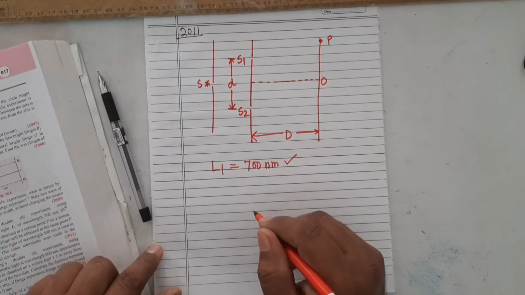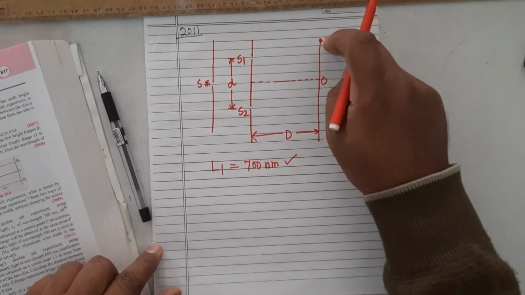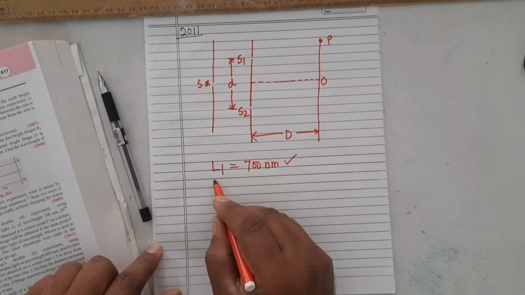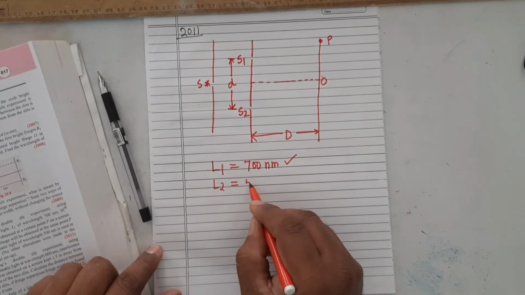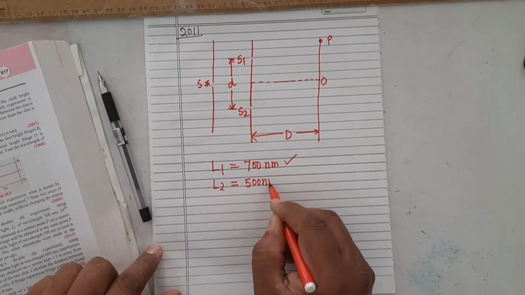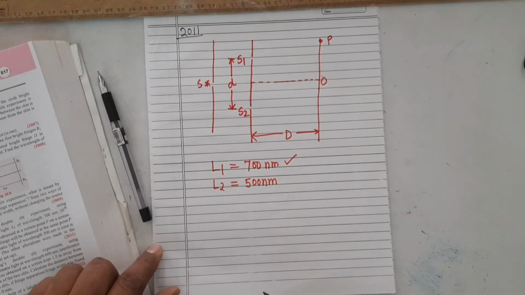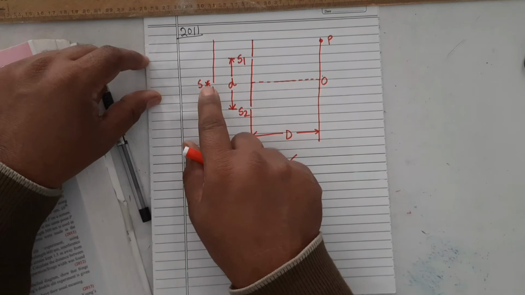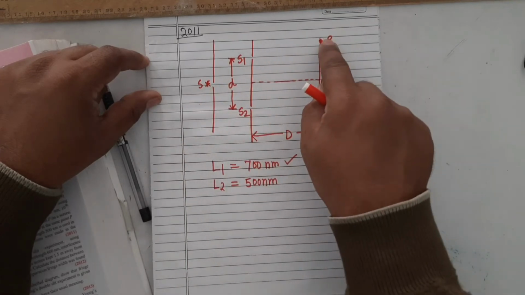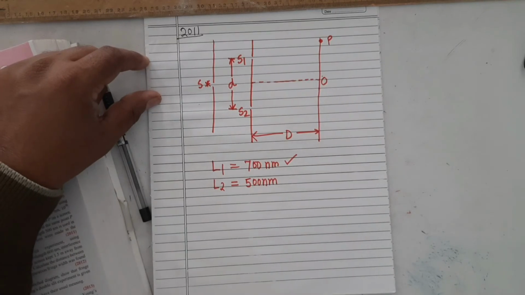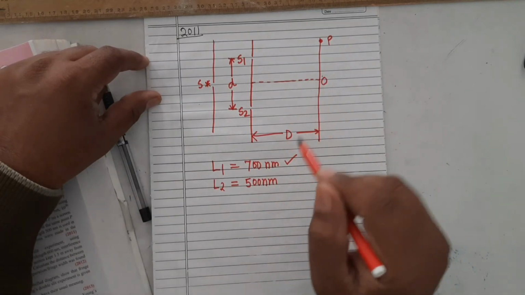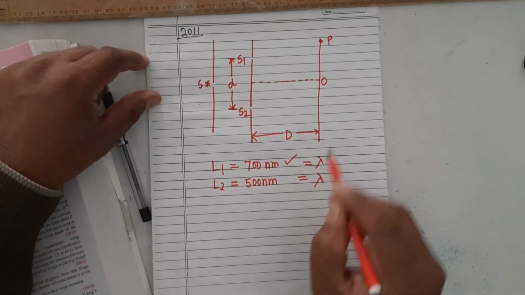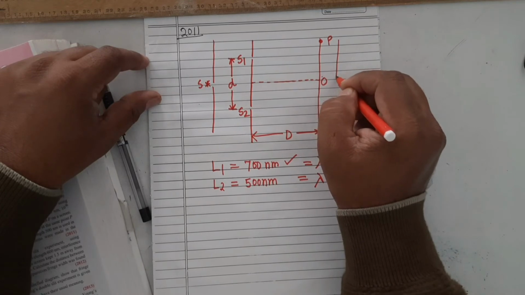Which bright fringe will be obtained at the same point P? मतलब अब पी पर कौन सी फ्रिंज मिलेगी, अगर हम इस सोर्स को एक दूसरे वेवलेंथ की लाइट से इल्यूमिनेट करें, जो वेवलेंथ 500 नैनोमीटर है. It's clear. This you have to find. मतलब जब 500 नैनोमीटर के लाइट सोर्स से इल्यूमिनेट किया जाएगा, then bright fringe of which order will form here. It's clear. So see here, whether it is lambda is this or lambda is this, in both cases this distance will be same.